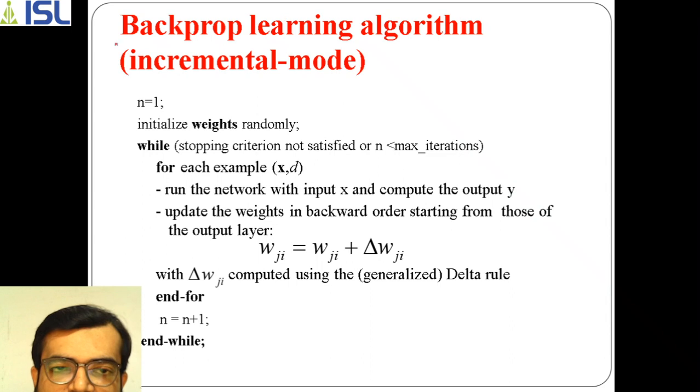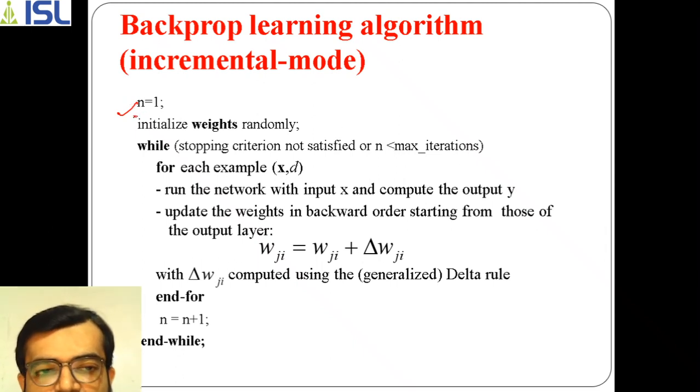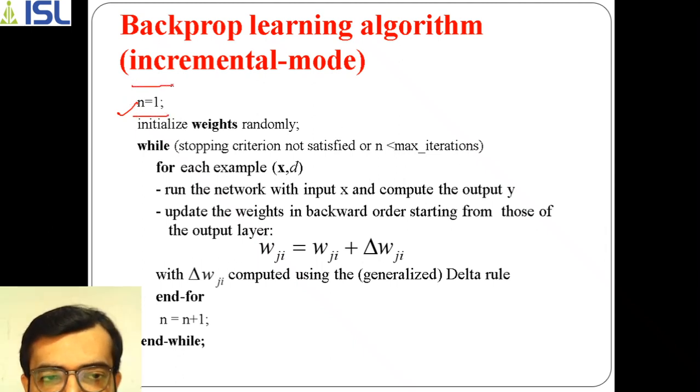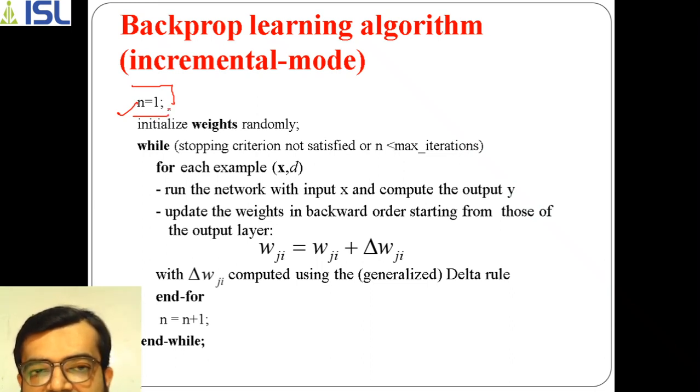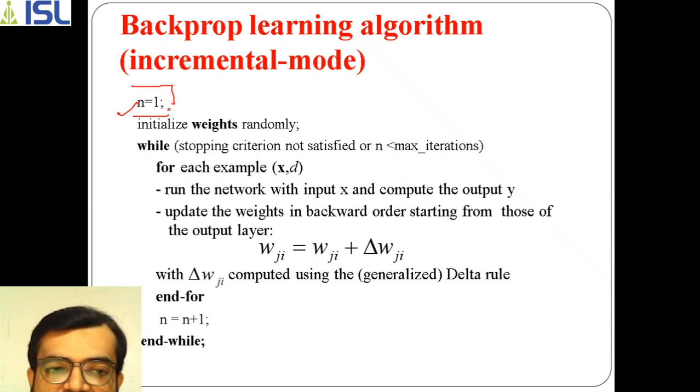Now the main algorithm of backpropagation is, initially we have to take n as 1. Here n is the learning sample. Initially it is taken as 1, because every time it has to be given a sample of data in order to learn and improve its efficiency. Here it is taken initially as 1, which indicates the first time.